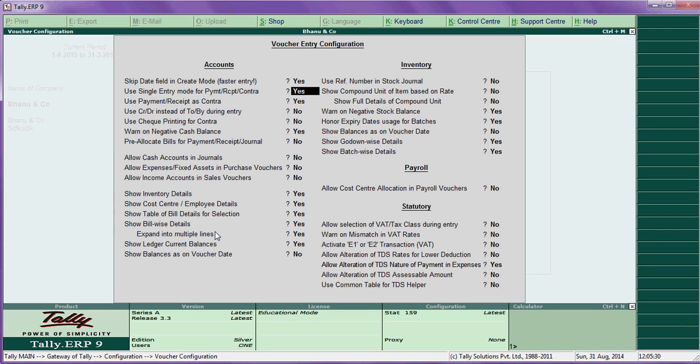Then next thing is use single entry mode for payment and receipt. If you want to use single entry mode, you can say yes. Single entry means only two entries, that is cash withdrawal, payment. Say example, paid sum 10,000 to XYZ. That's all. So there is no TDS and there is no